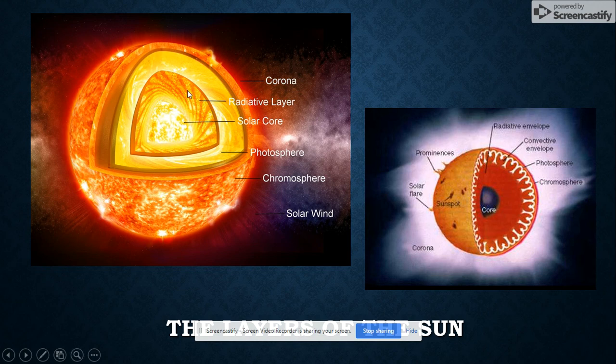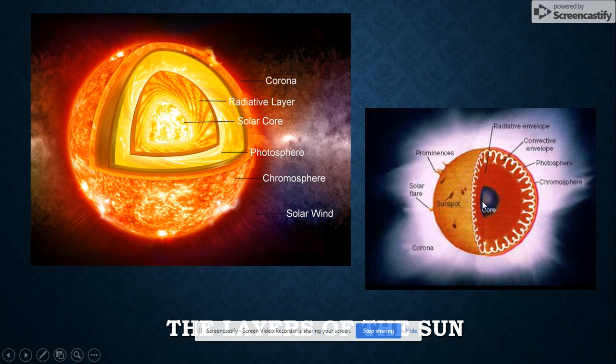Okay, and here I have an image of the layers of the sun. There are 7 layers. There is the core, which is the center of the sun, and it is 15 million degrees Celsius, and it is where nuclear fusion occurs. Above that, we have the radiative layer, and the radiative layer is responsible for 70% of the sun's